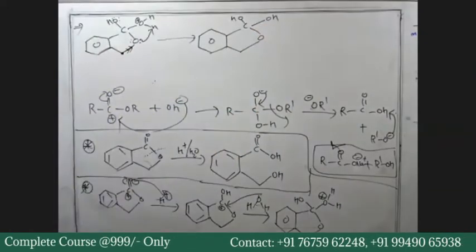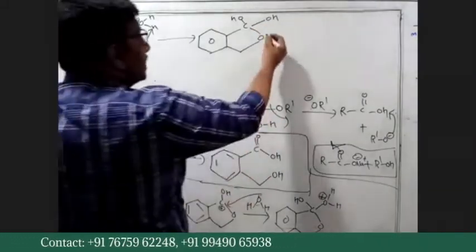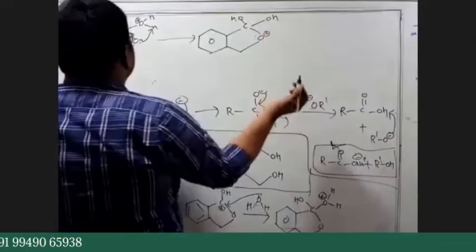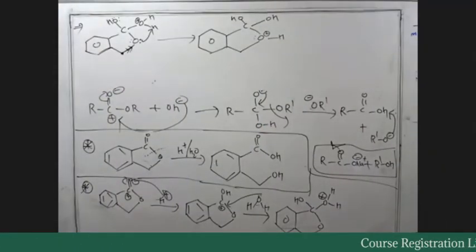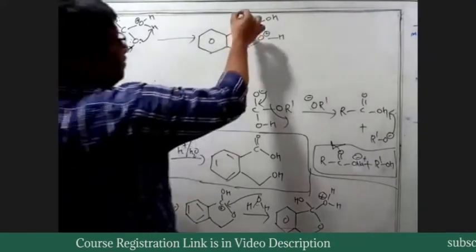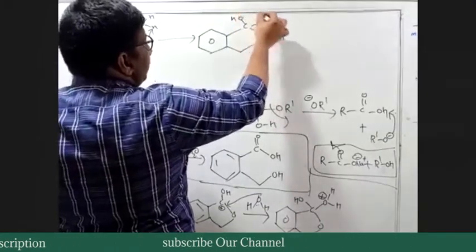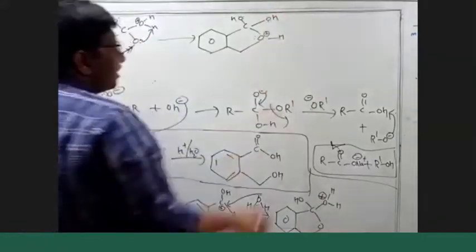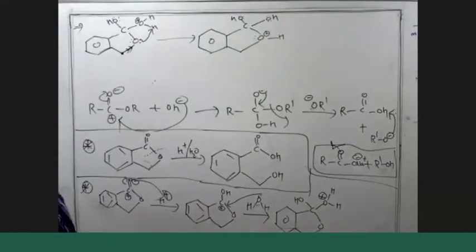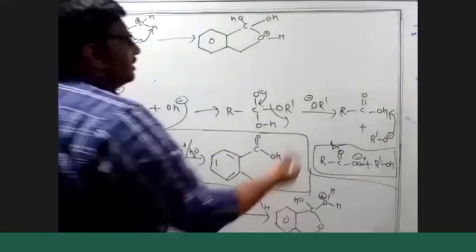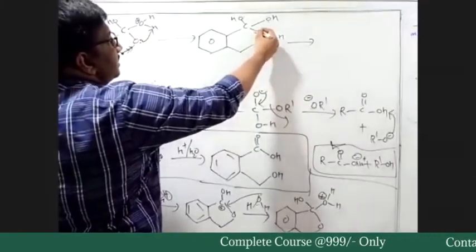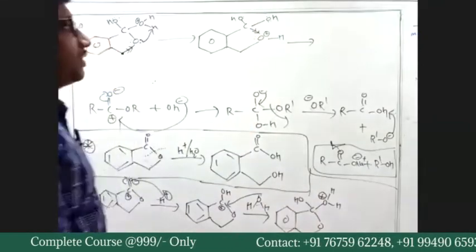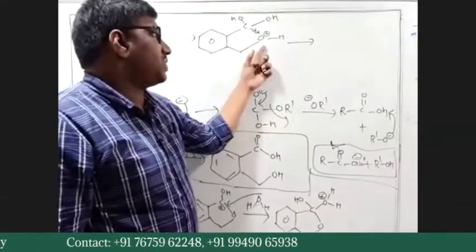Is it okay? And now here we have a positive charge. Another lone pair is there and an OH bond is present. And you can simply expect that we have two OH groups on the same carbon atom, which is unstable and should undergo a conversion. There should be a conversion. So this oxygen has a positive charge.